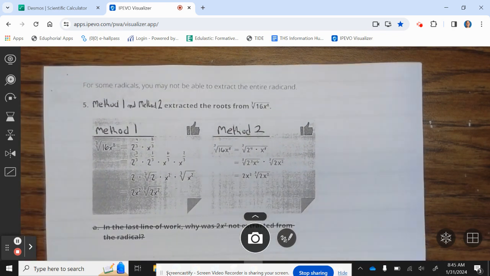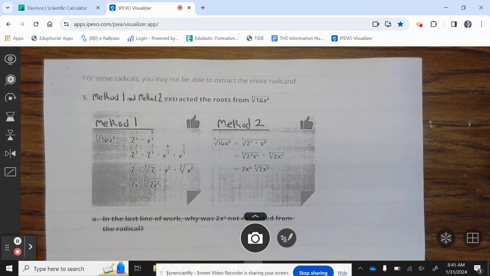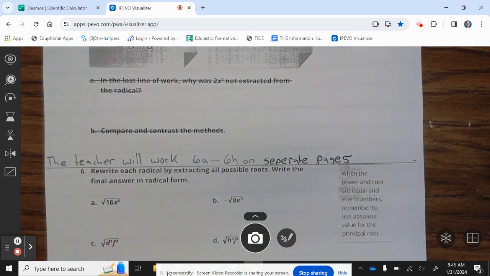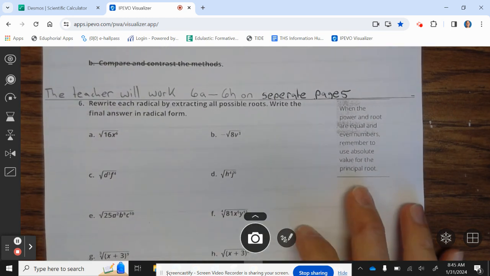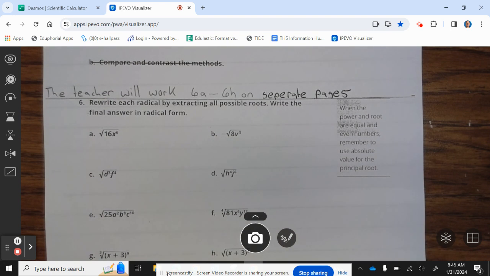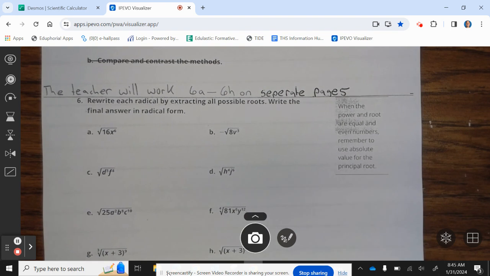For some radicals, you may not be able to extract the entire radical. Number 5. Method 1 and Method 2 extracted the roots from cube root of 16x to the 8th. Go ahead and look over Method 1 and Method 2. Mark out A and B. The teacher will work 6a through 6h on separate pages. 6 says rewrite each radical by extracting all possible roots. Write the final answer in radical form. All right, let's go and take a look at